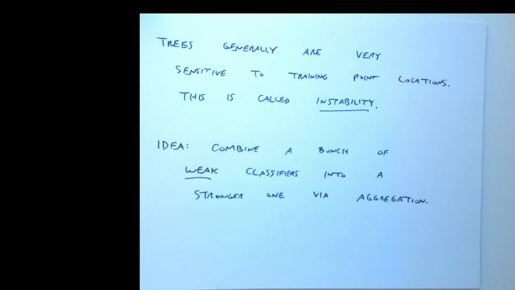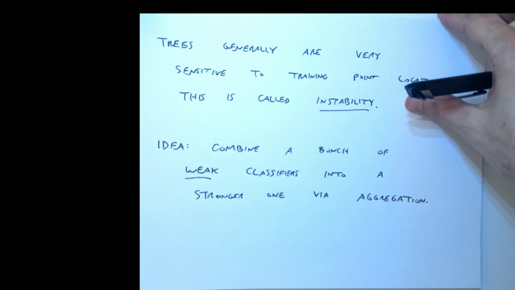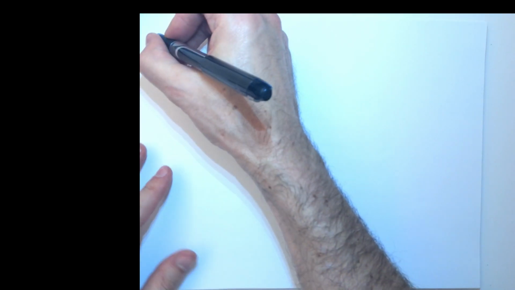I'm going to talk about two methods called bagging and boosting. The overall stability of the bagged or boosted classifier will be a lot better than any single classifier alone. Again, these are extremely simple ideas, right? So bagging